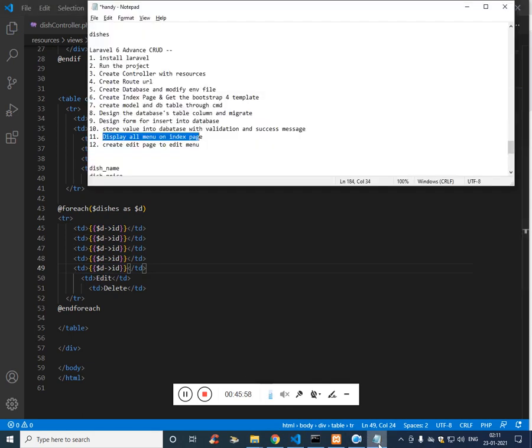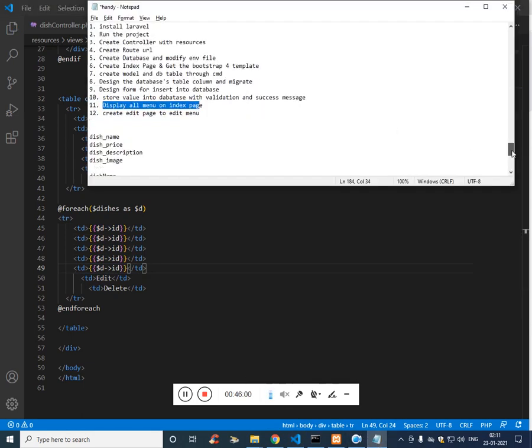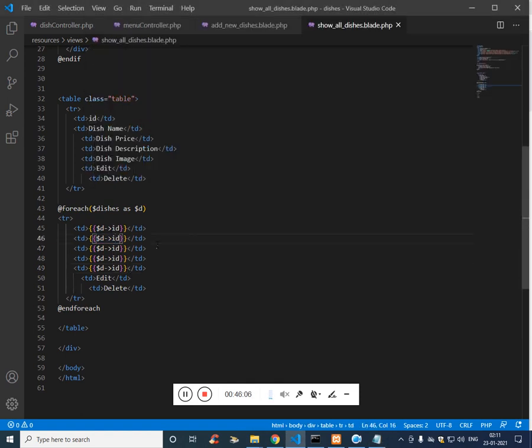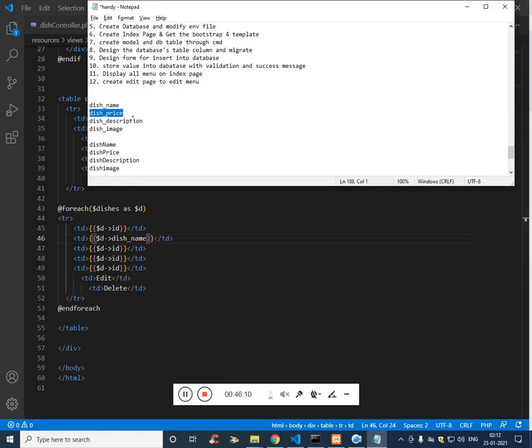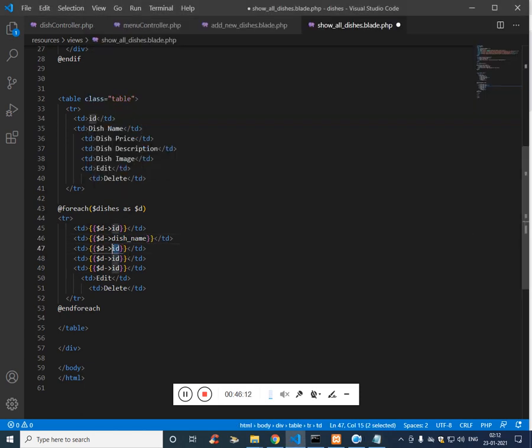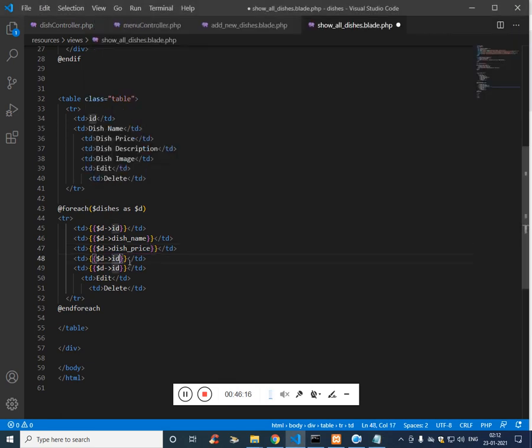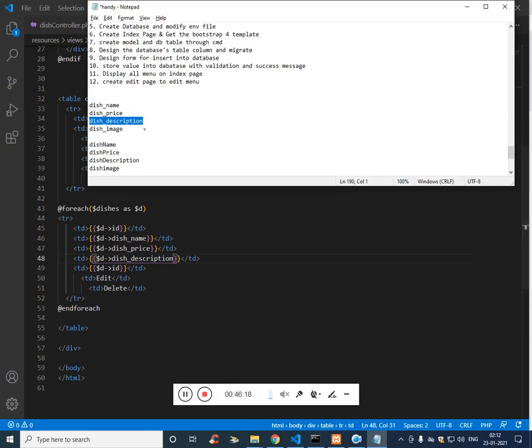So here the column names we have already copied: name, price, description, and finally the image.